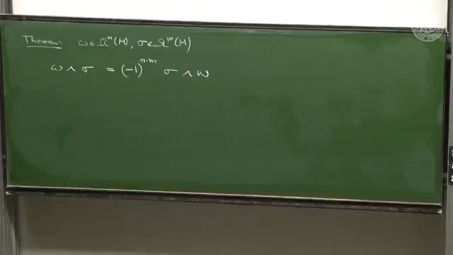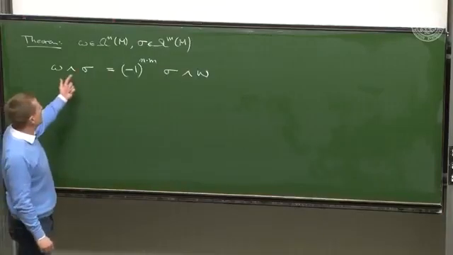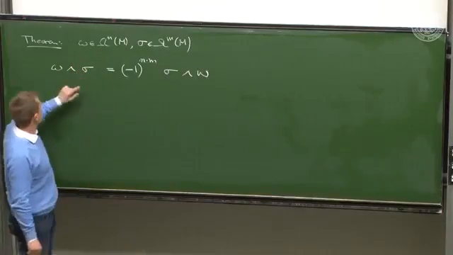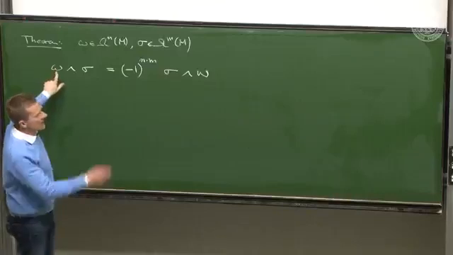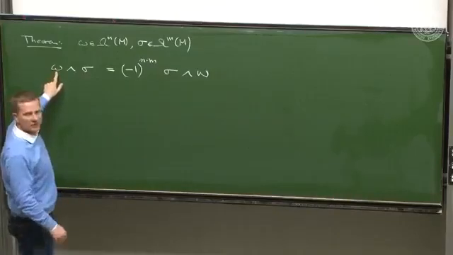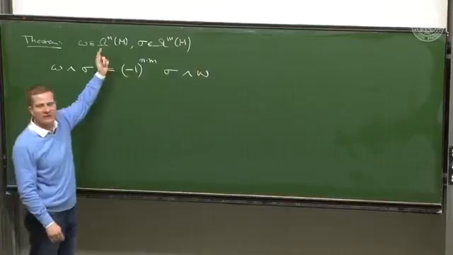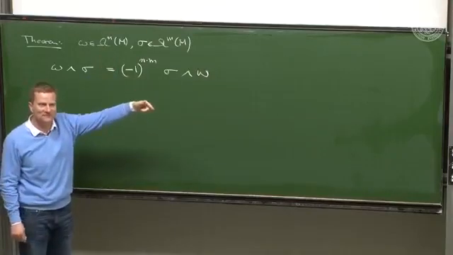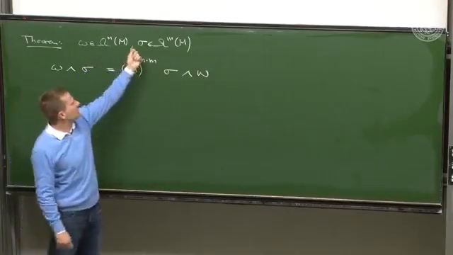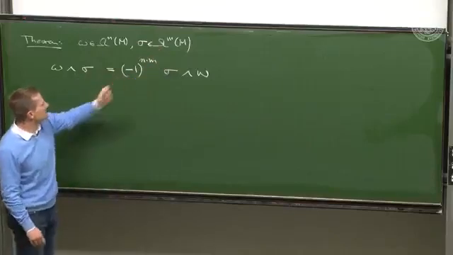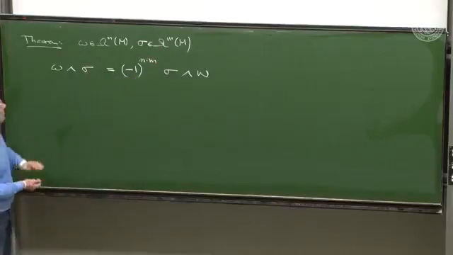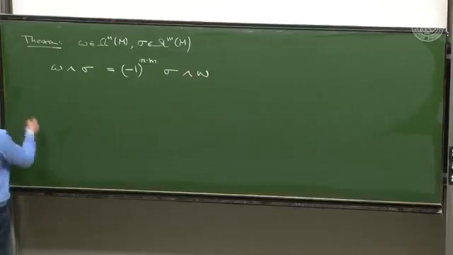It's very simple to prove this, but mind you, this is only true, I emphasize again, if the omega is not just an arbitrary element from the Grassmann algebra, which could be a linear superposition of an n form and an n plus 2 form, but if it's a specific n form and sigma is a specific m form, then it's this. And if you have more general elements of a Grassmann algebra,